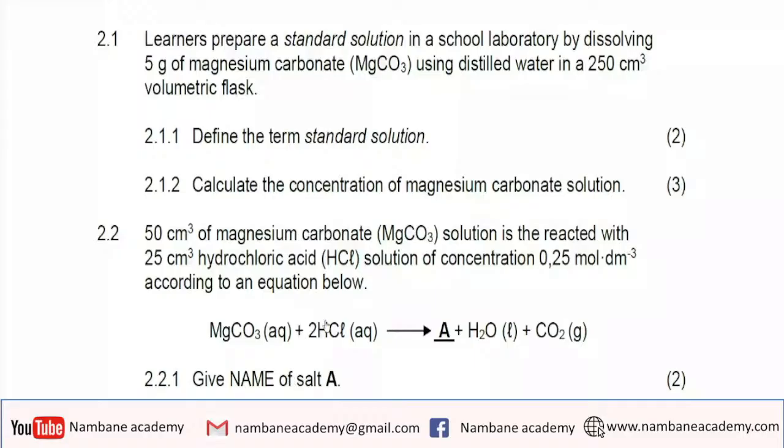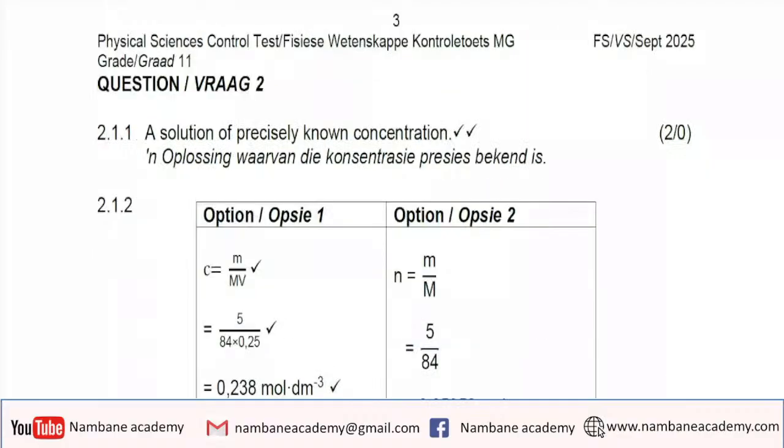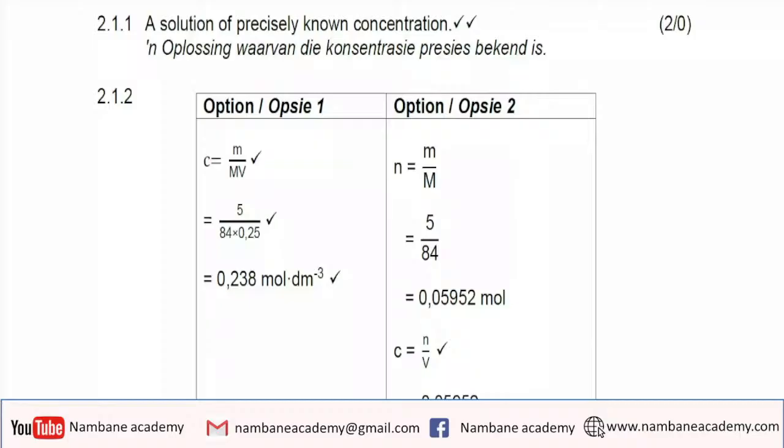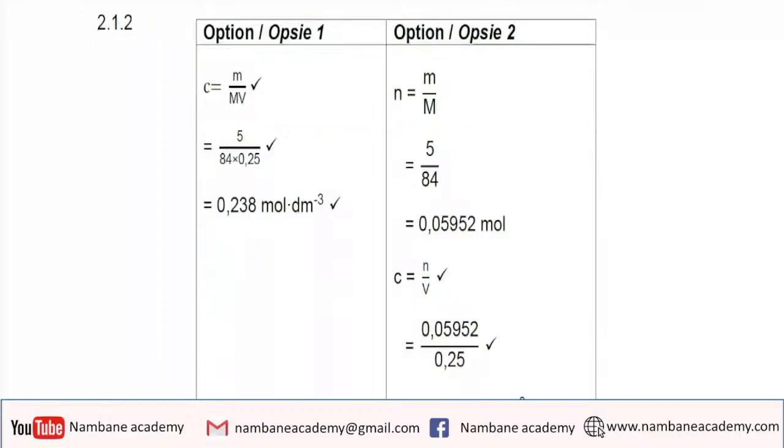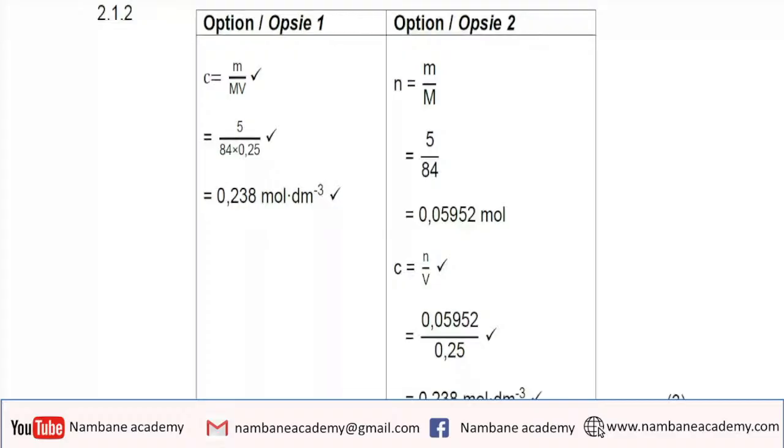All right, and then the memo for 2.1.2, we've got 2 options there, where option 1 is about using the expanded formula of concentration, C equals m over MV, 1 mark for that, and the substitution of the mass divided by molar mass, and then at the bottom they multiplied by 0.25, which is the converted volume. Then the answer stands as